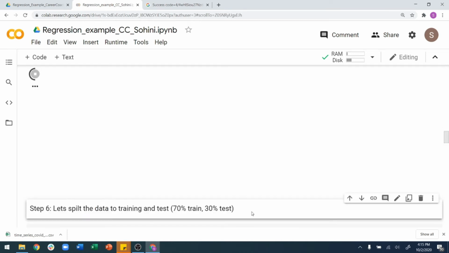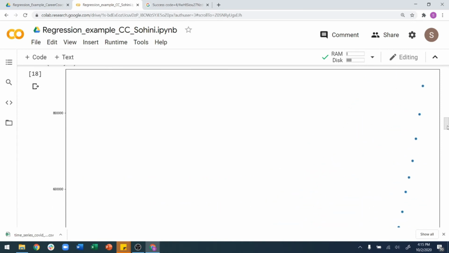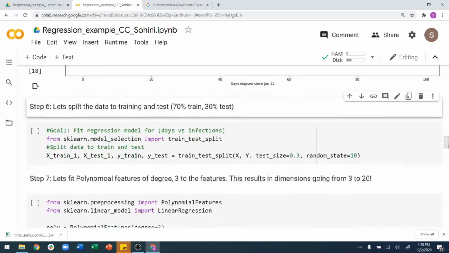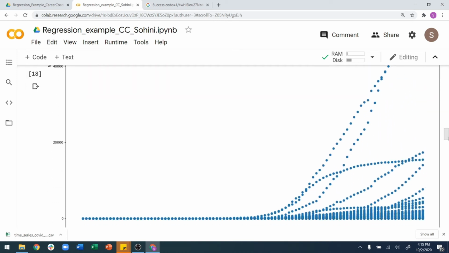So let's do a scatter plot. And this is how your scatter plot looks. It's the number of days that has elapsed since January 22nd, and this is the number of infected people, and this is what the graph looks like, right? So it's a pretty big graph, and if you see, most of the infections are around the lower side, however, some of the countries are showing much higher rates,